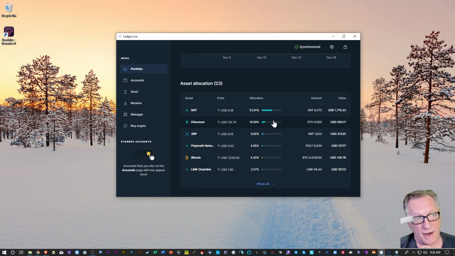Now, if I lose this device, I'm okay because I also have the 24-word recovery phrase. That's also a way of controlling the private key. That is a backup of my private key, and I have that stored in a safe place, written down on a piece of paper. If I were to lose this Ledger, I could simply get a new one and restore from that backup and have access to all of the wallets that I have.